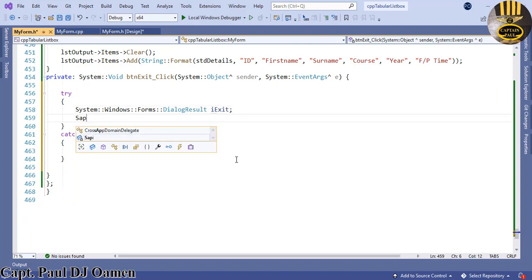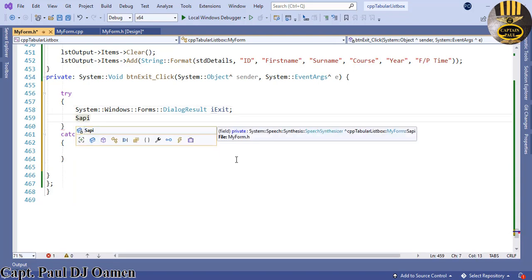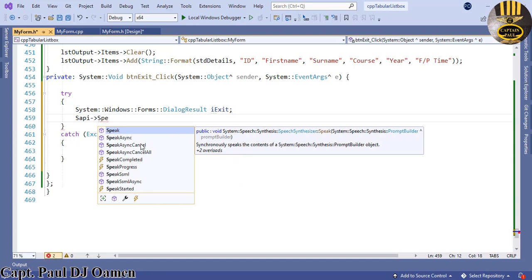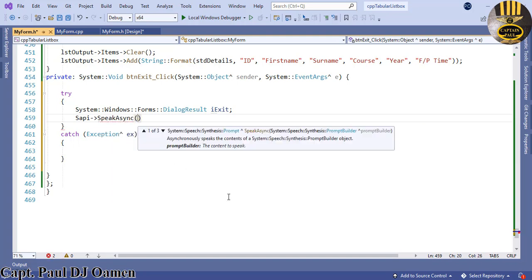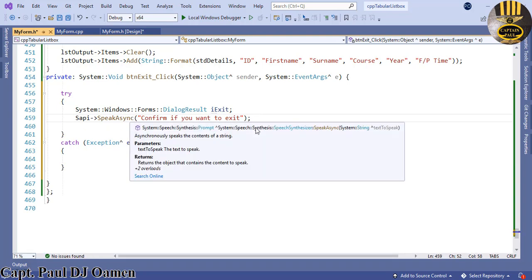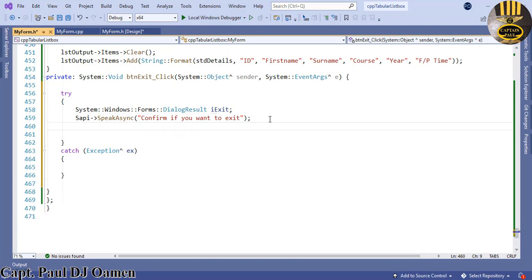Alright, I'm also going to now call SAPI, that was the speech activator declared up there. That's a variable I'm now calling, so it's going to be known as speech.Speak. And in there I'm just going to enter confirm if you want to exit. So in here we say confirm if you want to exit for the speech, and right down here we now enter iExit